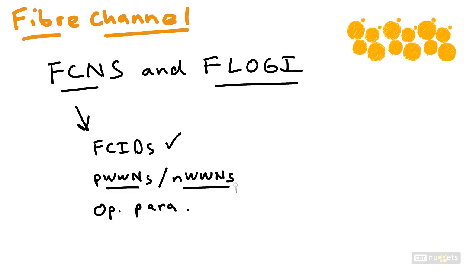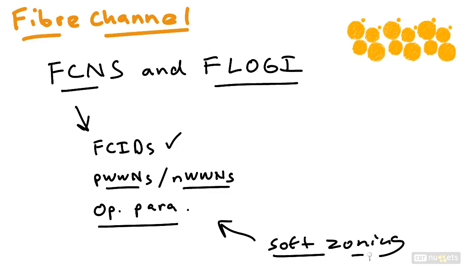It is the job of the Fibre Channel name server to go ahead and track all of this information for us, including some operational parameters that are used, like the upper layer protocol mappings and the classes of service that can be utilized in our Fibre Channel infrastructure. The Fibre Channel name server is a distributed database that our MDS switches implement in the Cisco infrastructure. You know what? Something else about this Fibre Channel name server process that's pretty interesting is it does what we call soft zoning. Now, what soft zoning means is that the worldwide node